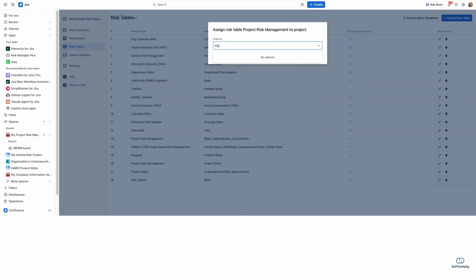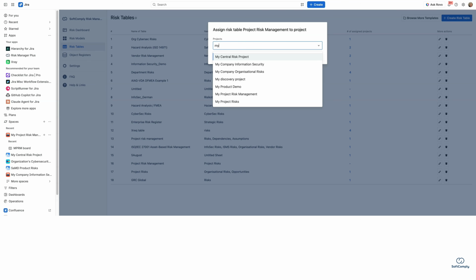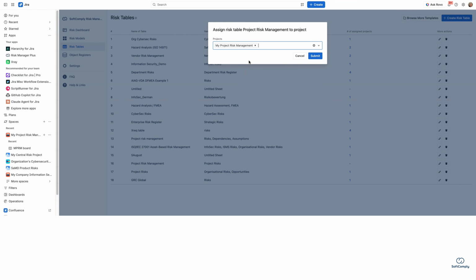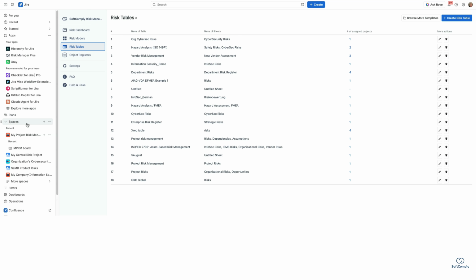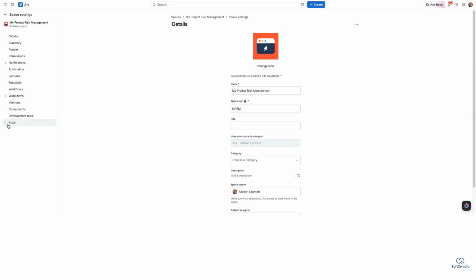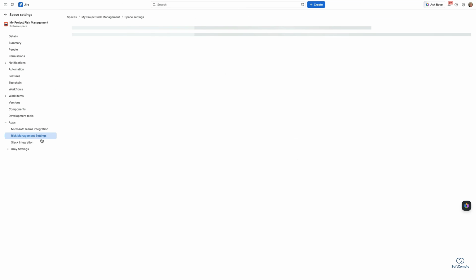And I just created a new project, which is called My Project Risk Management. I'm going to assign this table to that particular project or Jira space. Now I'm going to go to that Jira space, My Project Risk Management, and I'm going to the space settings. I'm going to go and find the risk management settings here and make sure that risk management is enabled in